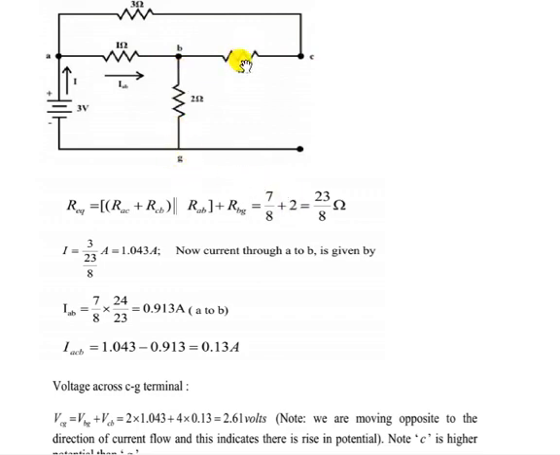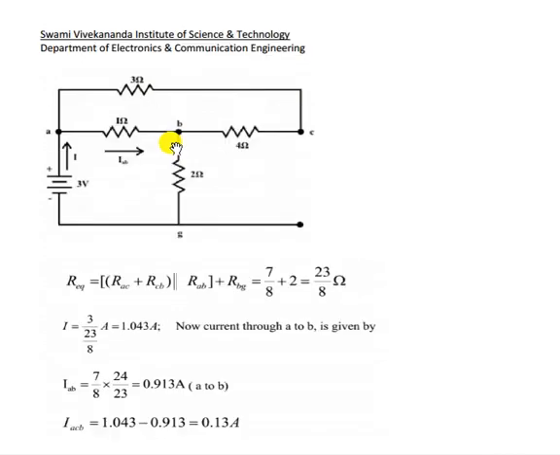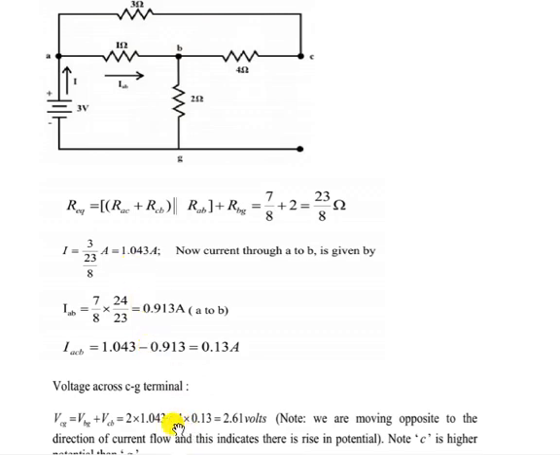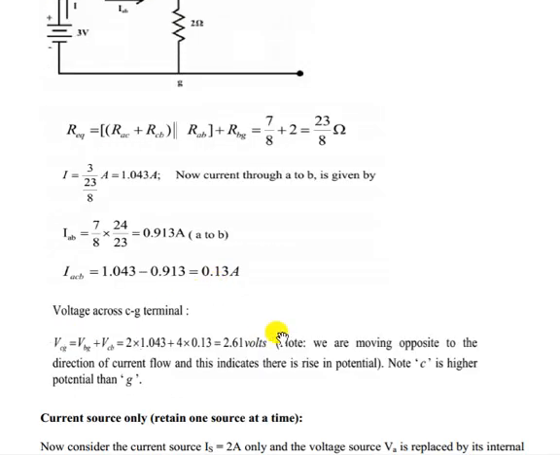So here the current flowing is 2 into the total current, because this current divides, and here the total current is flowing. That means this current I divides here and goes here, and then this current comes and again adds up. So this I is the same as I here, through the 2 ohm. So this is 2 into the total current, and 4 into the current that is flowing through IACB. Okay, so that is the voltage that you can find out.